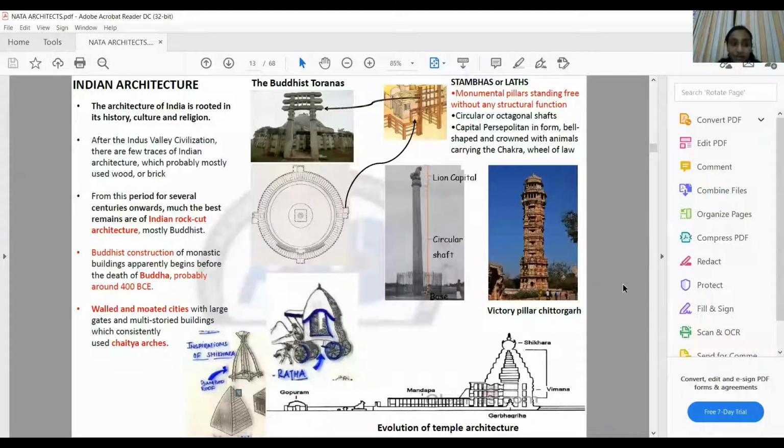Let us just move ahead. So it was the beginning of the construction or the evolution of your temple architectural phase. That was again inspired from the early tents, you can call it, where they had wooden structures with a pyramidical roof, that again led to the evolution of our temple architecture.